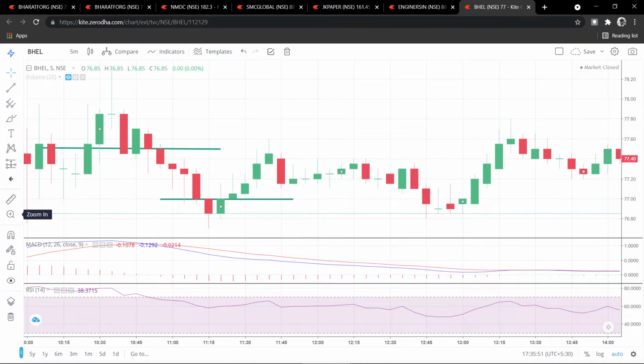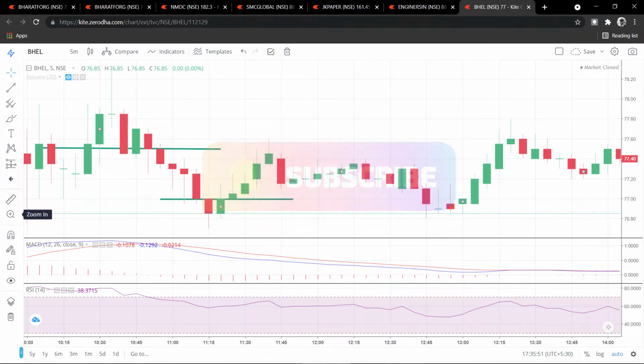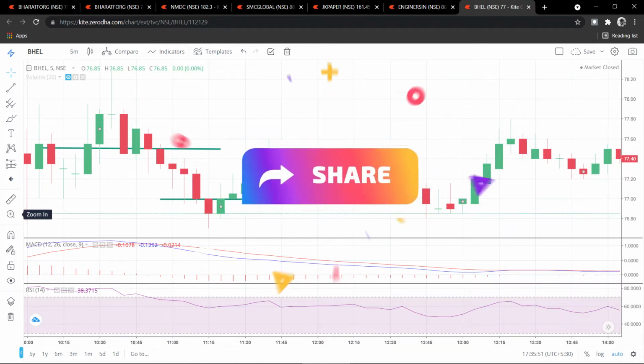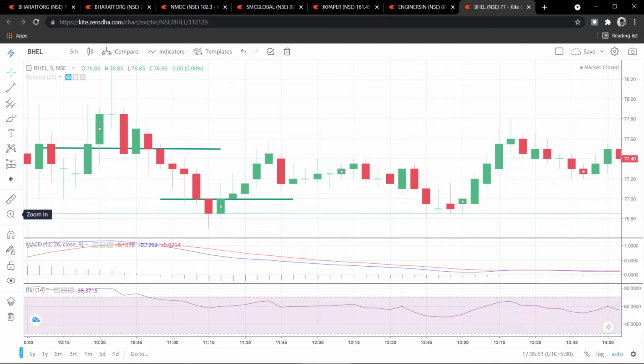This is the BHEL 5 minutes time frame chart, and in the morning session BHEL got gapped up and increased up to 77 rupees. So I thought at the RSI index it reached its overbought zone, and also MACD is favored for selling. So I initiated a sell trade at 77.5 with a 200 quantity and with a target of